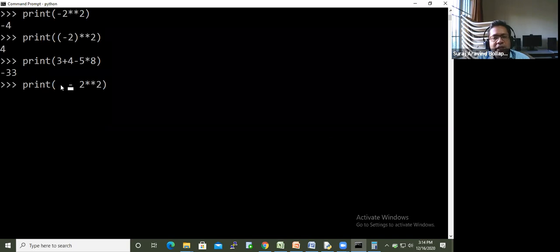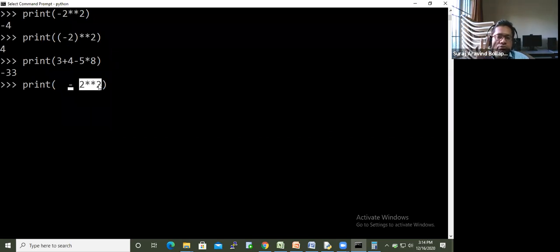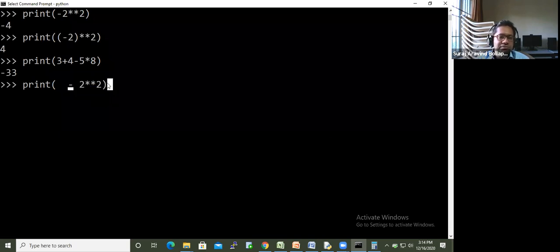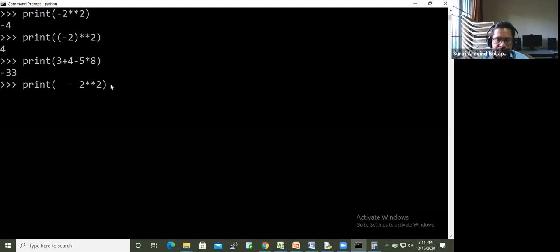So you are talking of a negative number, which is nothing but a unary operator. There is only one operand. What is that operand? This value, 2 to the power 2, which is 4. To that 4, it attaches the sign minus. So it is calculating 2 to the power 2 and just attaching minus to it.